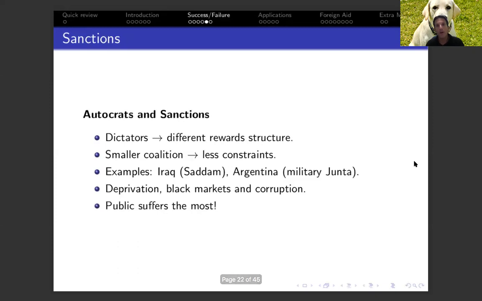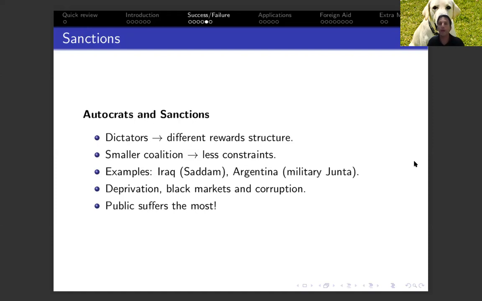So when sanctions create more scarcity in the resources, then the leaders of those dictatorships will just use their already existing resources for themselves and to provide benefits for their supporters, which means that for the rest of the population, nothing is going to be left. If there was some money in the state's accounts, whatever is left after the economic sanction is going to the leader and to the small circle of his or her supporters. Nothing else is going to go to the population.